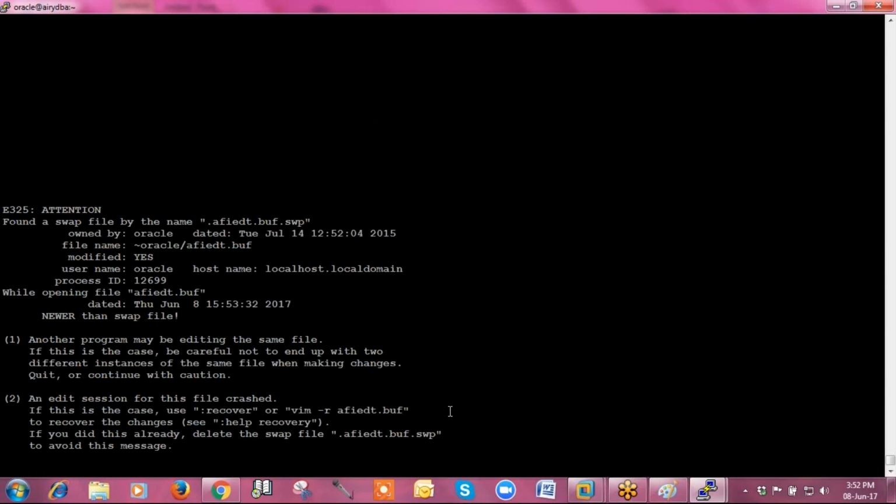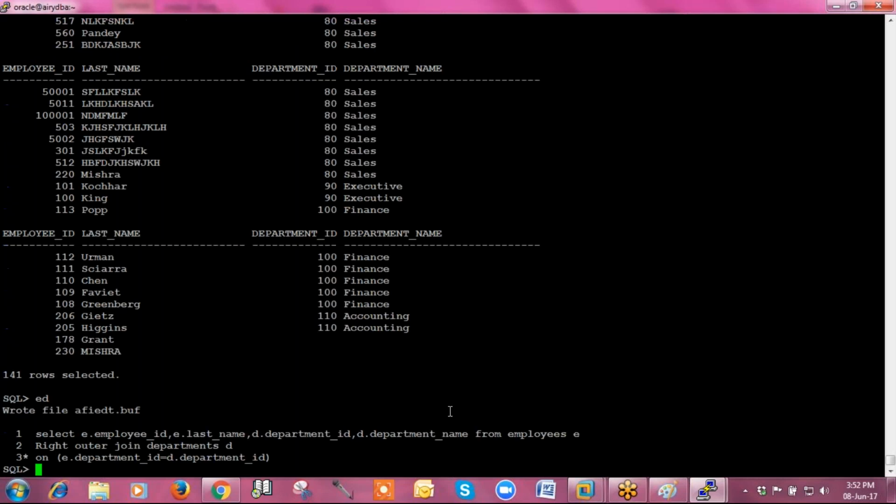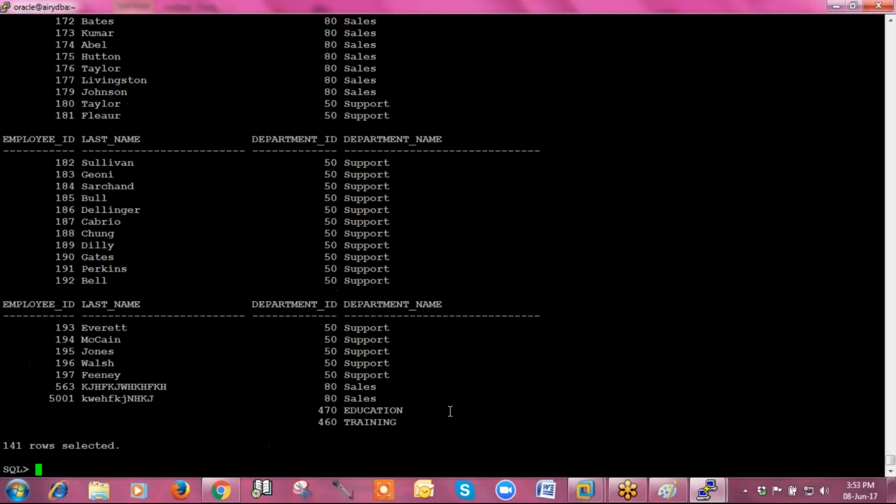So if we change the same to right outer join, what it means is I want to display the matching records from both tables as well as the unmatched records from the right table. You can see there are two records.